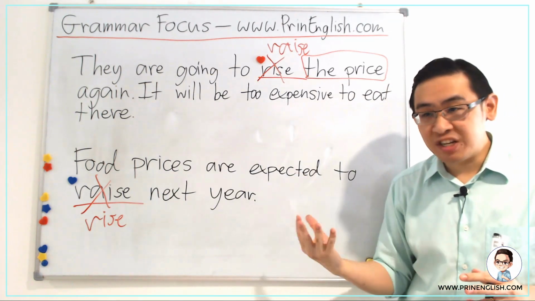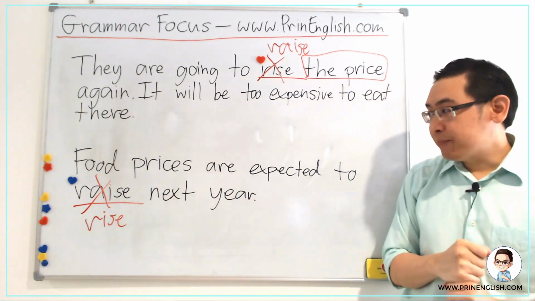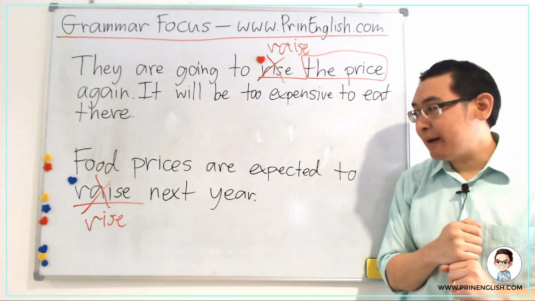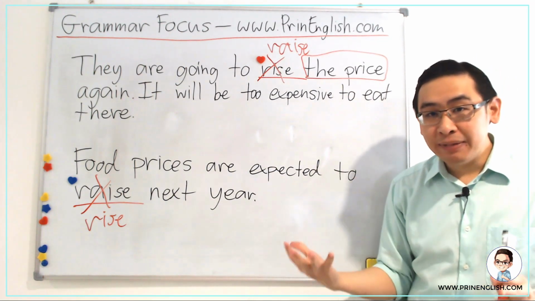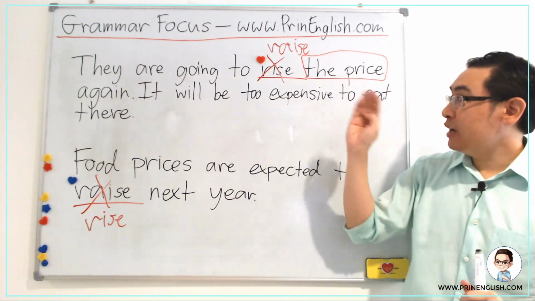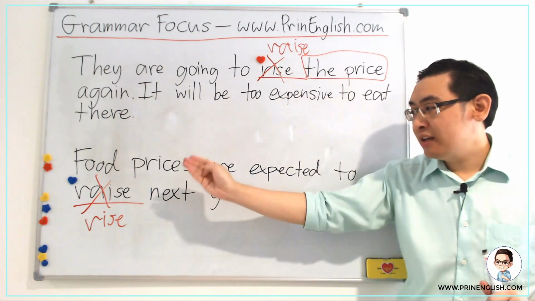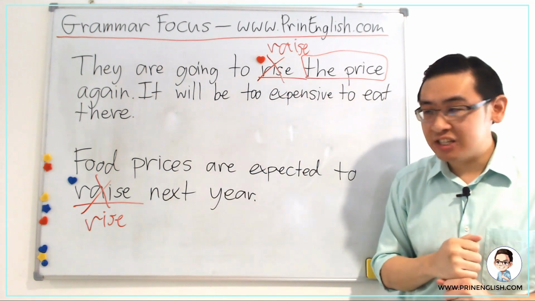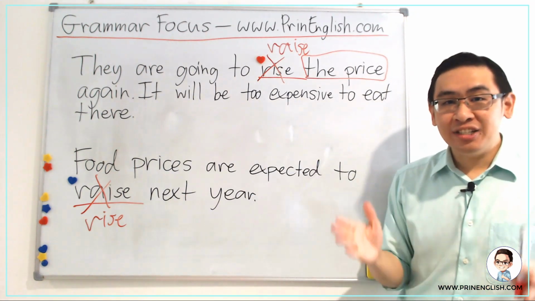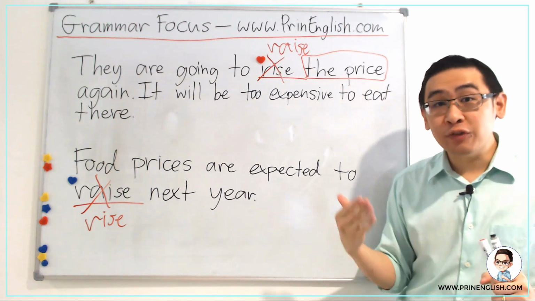So to recap, the first one there is an object so we use raise, and for the second sentence there is no object so we use rise. Okay, now since you all now know how to use these two words for the meaning of increase,